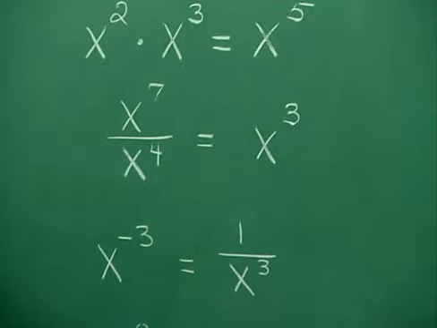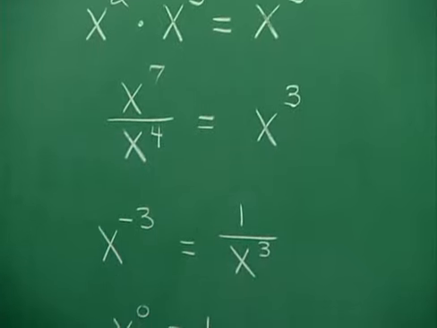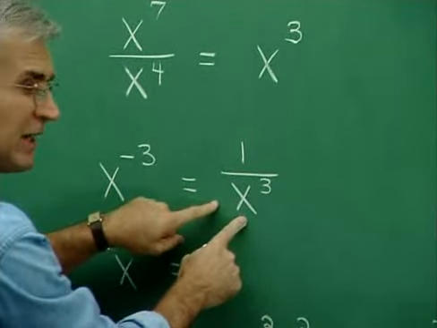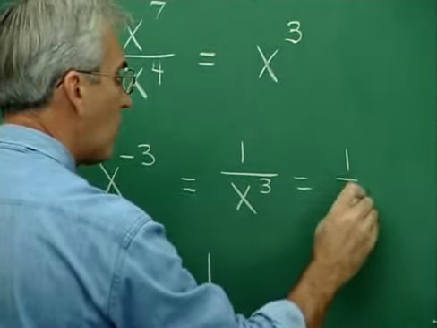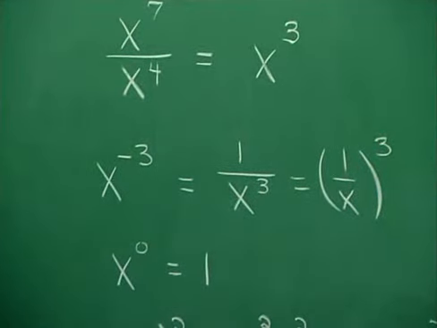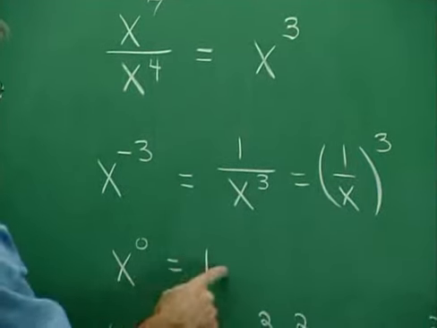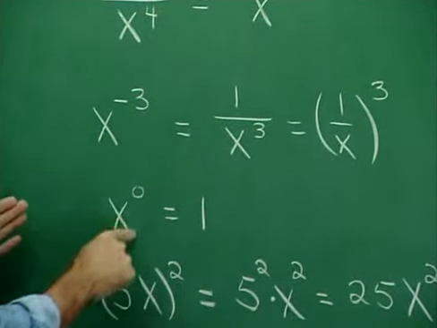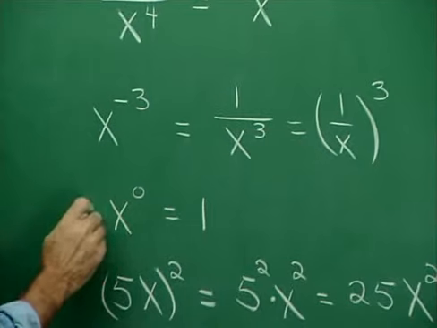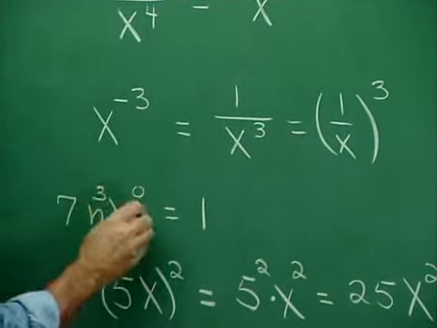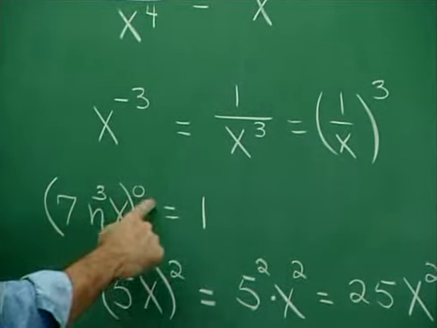A negative exponent implies a misplaced base. Basically, this x to the negative 3 means 1 over x cubed. It could also be written as 1 over x all cubed like this and would say the same thing. A 0 exponent on a base is simply a factor of 1. And it really doesn't make any difference how complicated this base is. This could be 7 n cubed x,